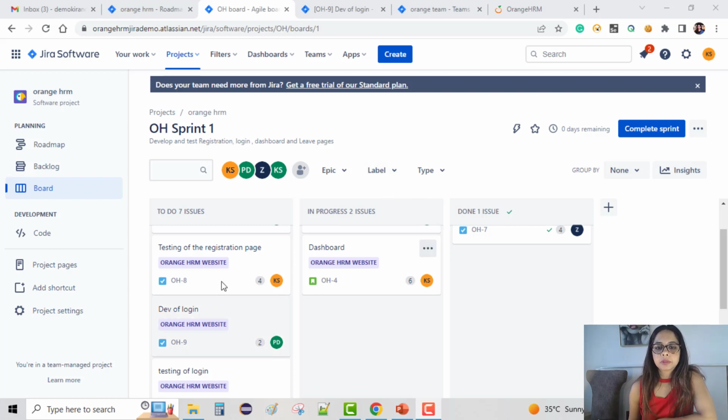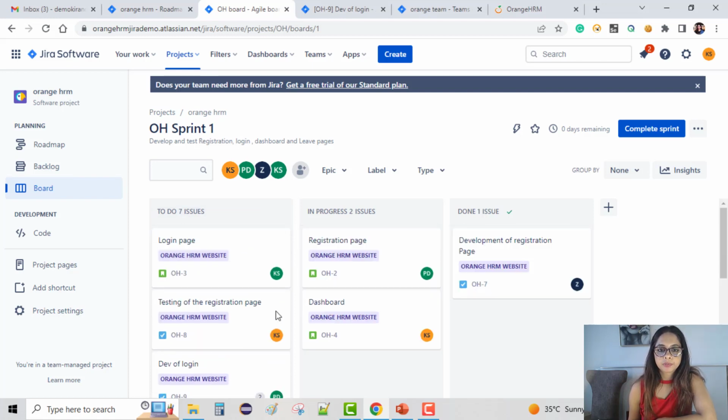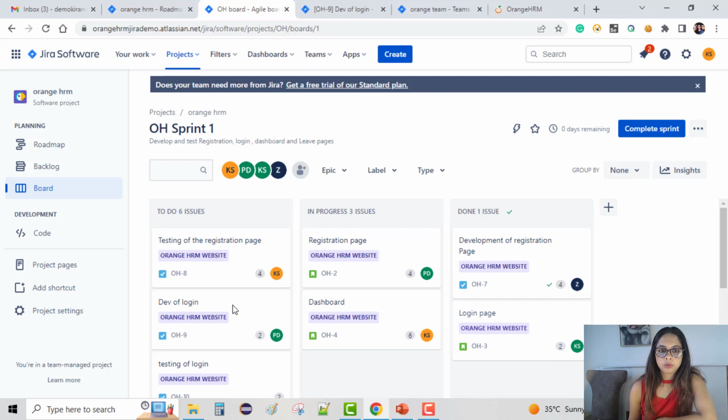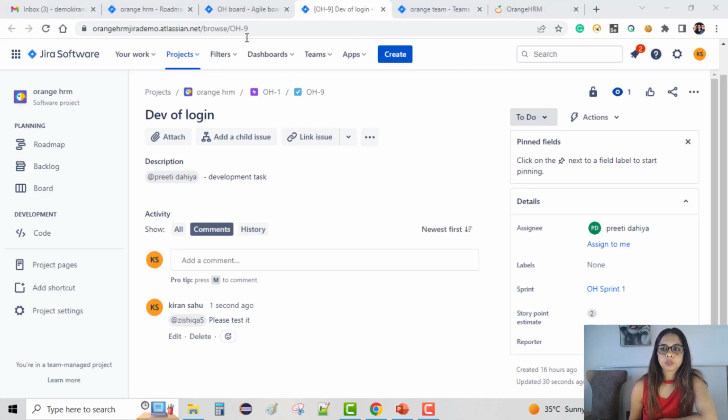As the time is progressing, we should keep moving the tickets from one status to another status to show regular progress. So what I can do is I can just drag and drop tickets from to do to in progress to done. So this usually happens when you are changing the statuses. Instead of dragging and dropping, what we do is, let's say we are here on this ticket,